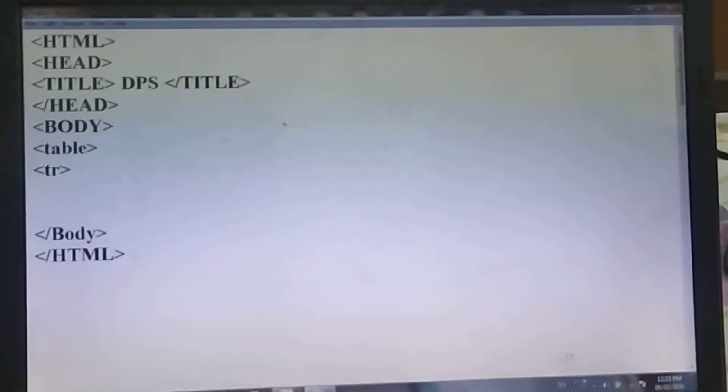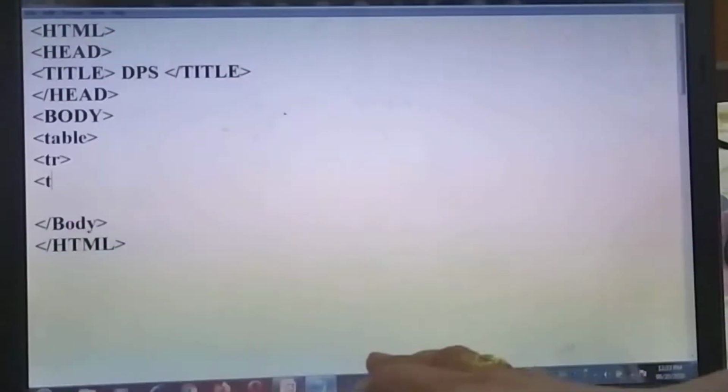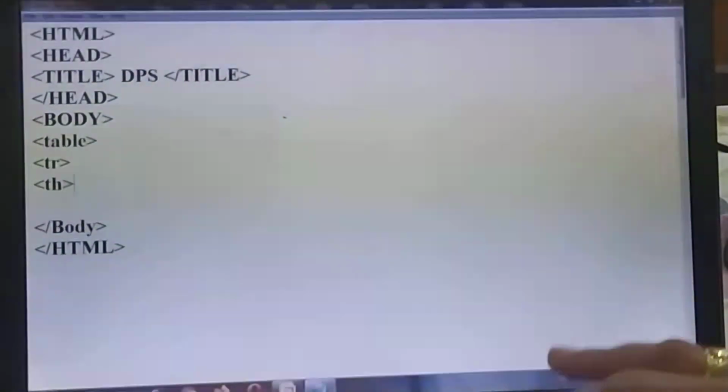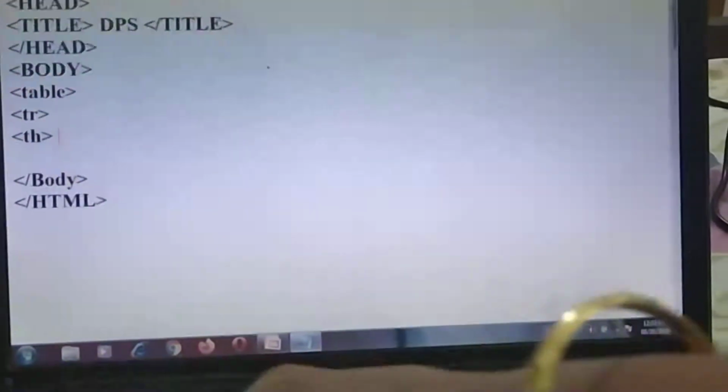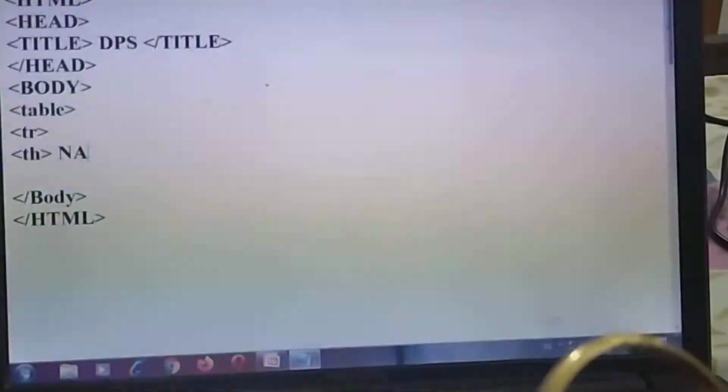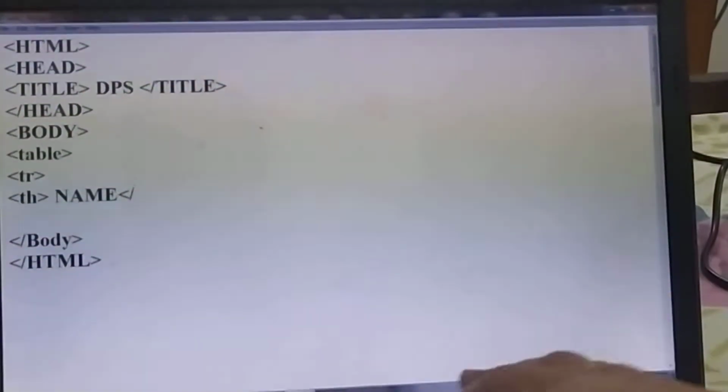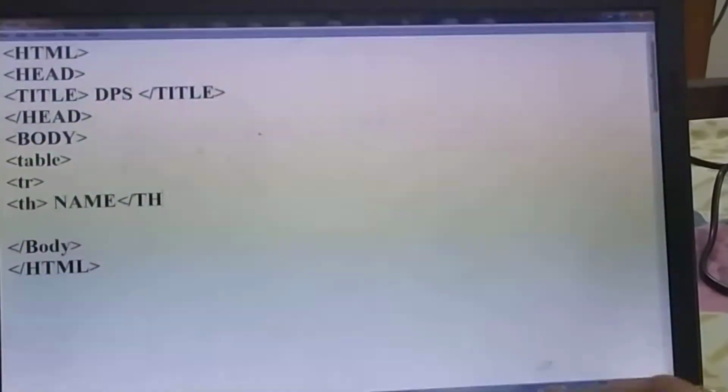So for giving the field name there is a TH tag, that is table heading tag. So which heading you want to give? Like I want to give the field name, first field name is like name, and you have to close this TH tag as these all are container tags, and press enter key.